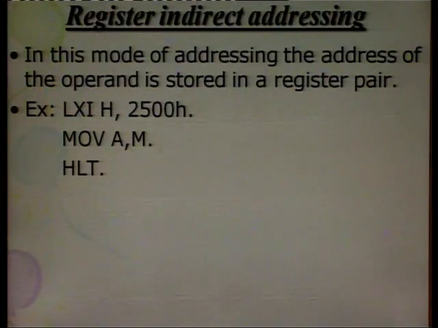So, when there is 2500 in the HL pair, by writing the instruction MOV A, M, I will copy the contents of memory location 2500 into the accumulator. So, when the data is in the memory and the address of that memory is in some register pair, and that pair will be the HL pair in